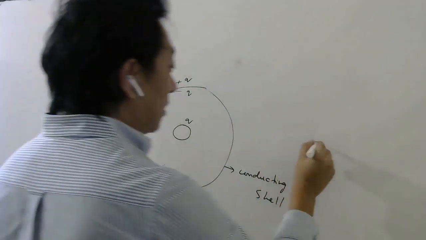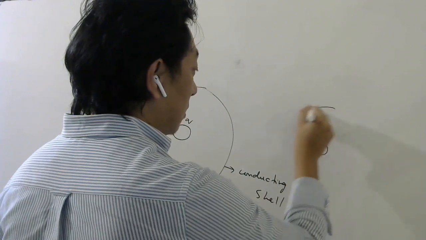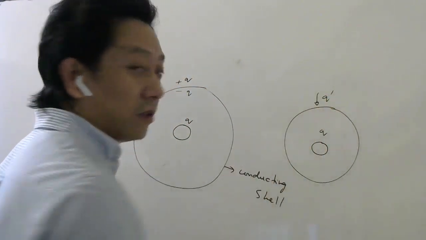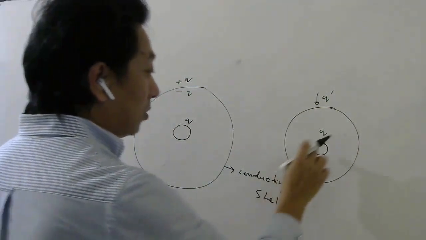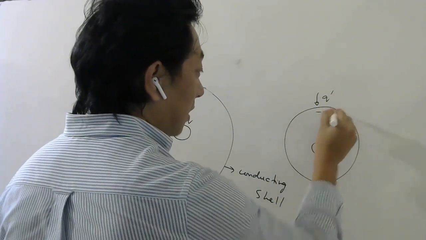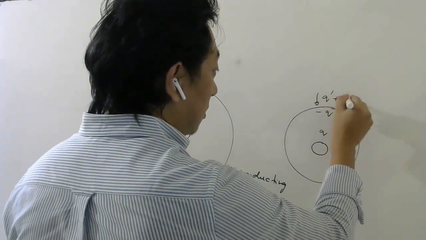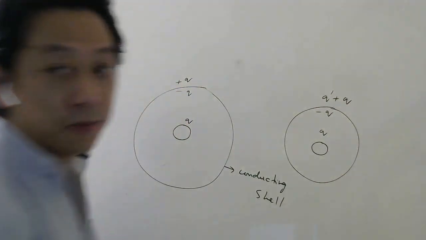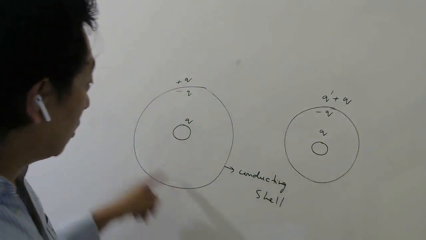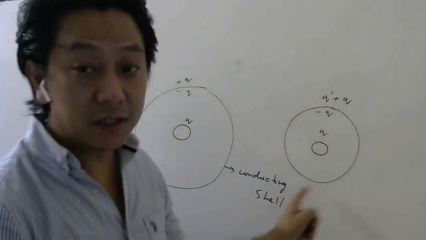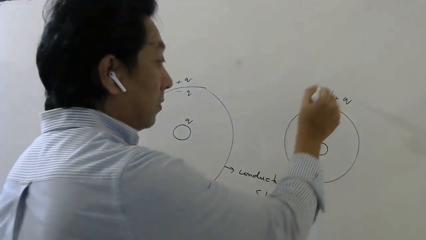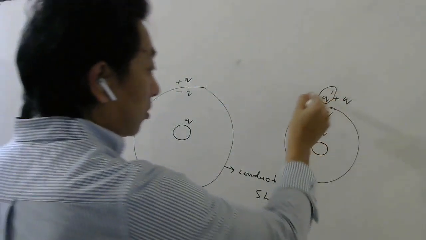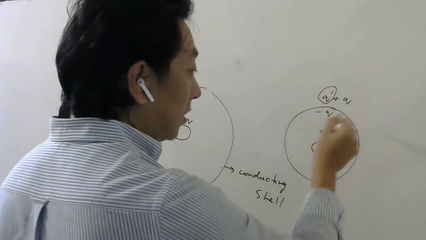Same thing, if I say this one has charge Q and the outer shell is given charge Q dash, then how will the charge distribute? If this is Q, the inner surface will be minus Q. So the outer will be plus Q, and since you have given Q dash, this is how the charge will distribute. So this was for a neutral shell, and this is for a charged shell, charged by Q dash amount.